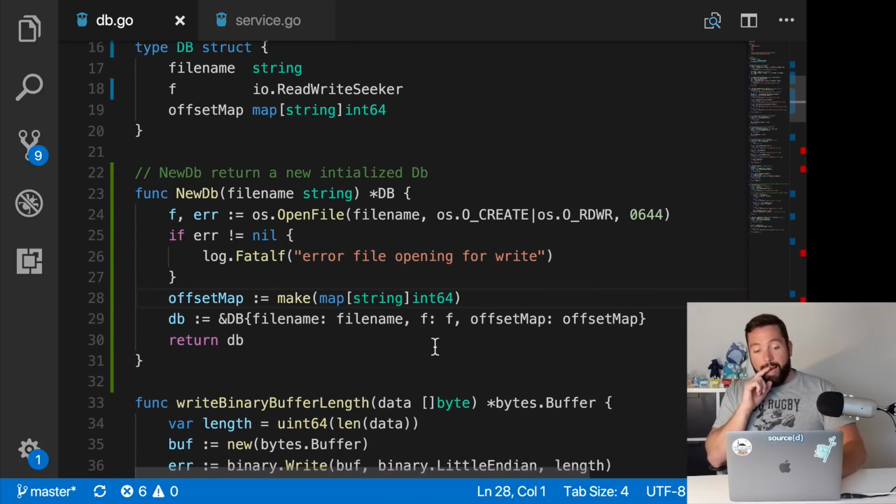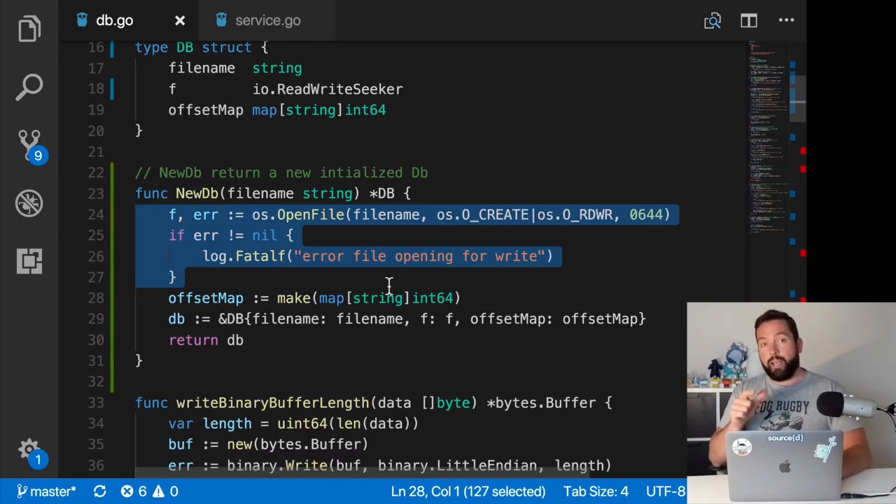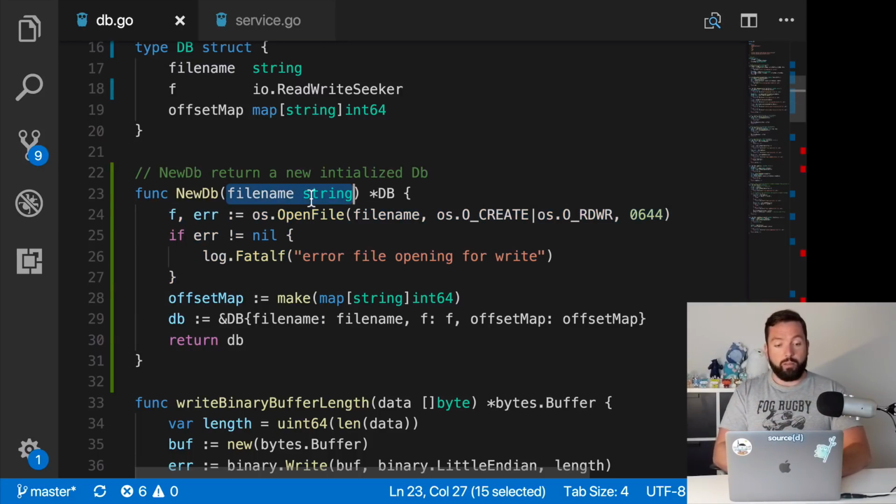Cool. Now the last part I want to do, and this is where dependency injection comes in, is that right now the DB package knows how to create files, which is not bad, but makes it harder for us to test, because in order to test the DB, we need to pass a file. What if instead of creating the file inside, we passed a file into it? So what we're going to do is f